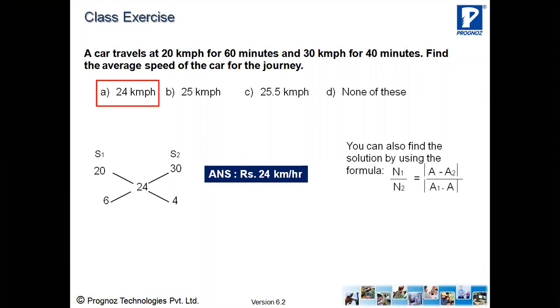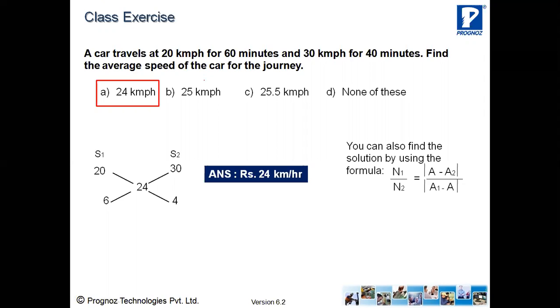सो आप देख रहे हैं कितना फटाफट हो जा रहा है. ये आप उसमें भी कर सकते हैं टाइम एंड डिस्टेंस वाले से, बट इट विल टेक लॉट ऑफ टाइम टू डू दिस. 3-4 मिनट तो आराम से निकल जाएगा, जबकि इसमें करेंगे तो आपको सेकंड्स में आंसर मिल जाता है. नाउ यू सी दिस,